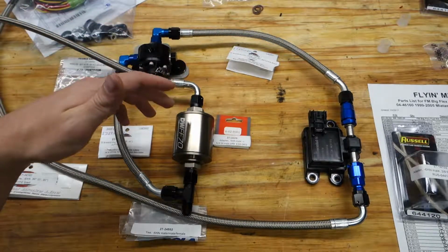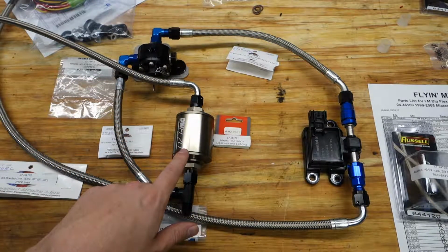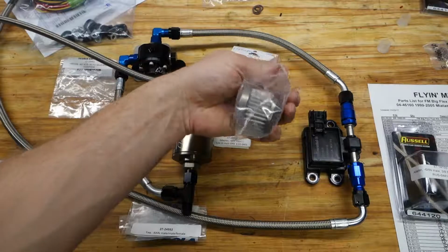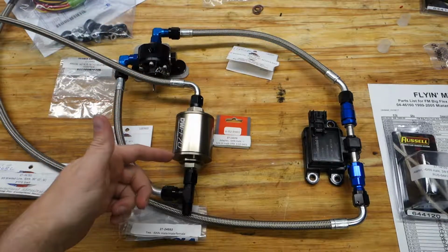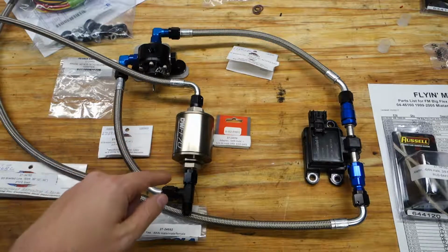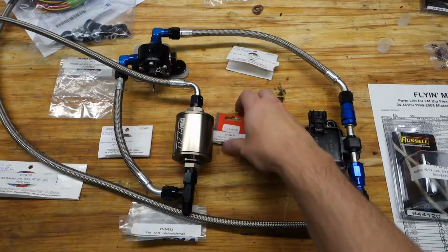This comes into the fuel filter. This is the Datchworks FF70 fuel filter. This is larger than specified in the original instructions, for better flow. It also has a replaceable element that you can pop out of there. This attaches into the fuel filter. The fuel filter itself comes with two adapters, and that is to adapt AN6 to the 3/4-16 male ORB inside,